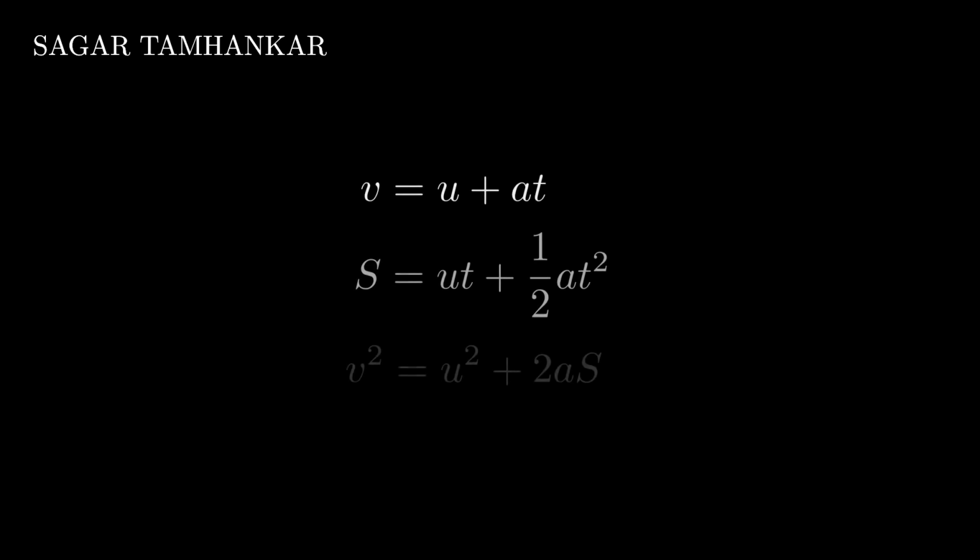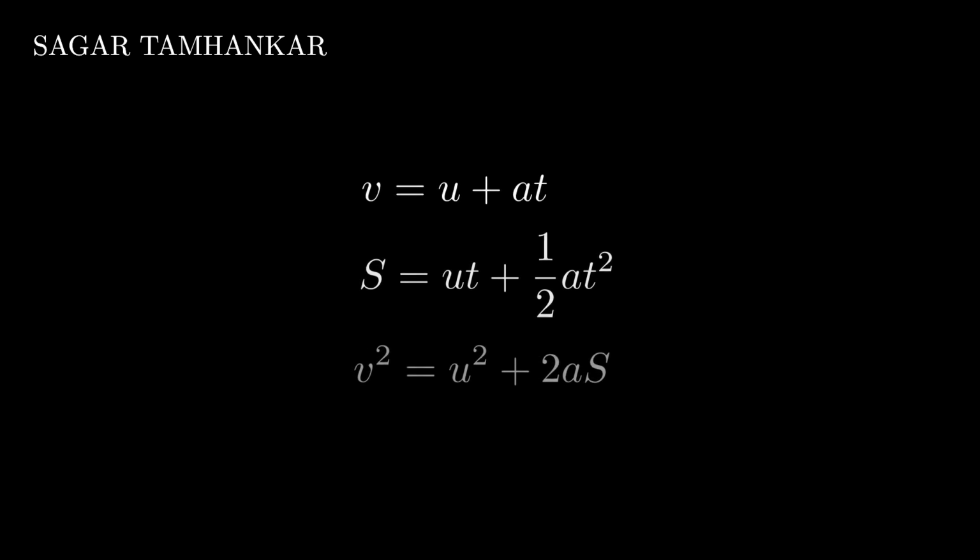Now that we have successfully derived the three fundamental equations of motion, let's explore how they transform when an object moves under the sole influence of gravity. We will look at two specific scenarios side by side, an object in free fall and an object thrown vertically